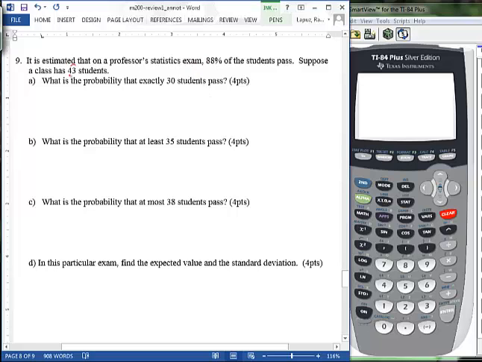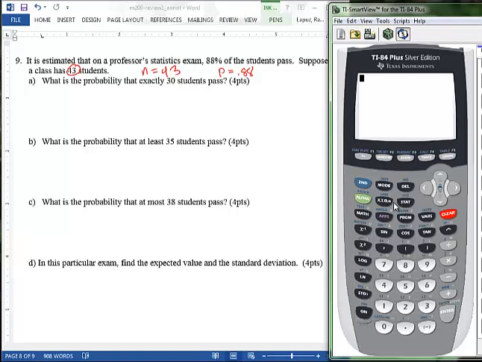we have our n, the number of trials, is 43, and our probability here is 88%, or 0.88. We're asking for the probability that exactly 30 students will pass. And so without having to use that complicated formula that they have in the book, we could just simply use our calculator. If you go to second and vars, which is really calling the distributions, and scroll down until you